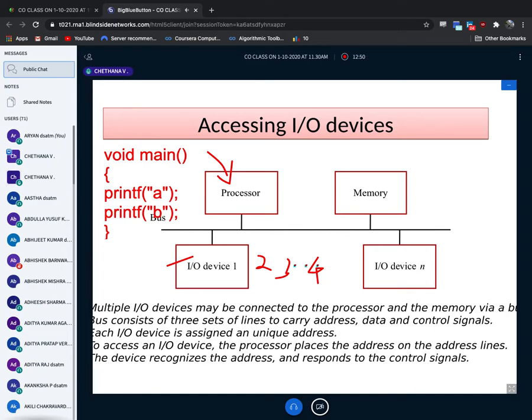In a similar manner, whenever I go to the B, that means the second line. After the first line is executed, I will go to the second line. Whatever I type, B, the second time I record the same. That means monitor I record, isn't it? 2 times I record. First time the processor will execute, second time the processor will take the monitor. 2 times it will take.